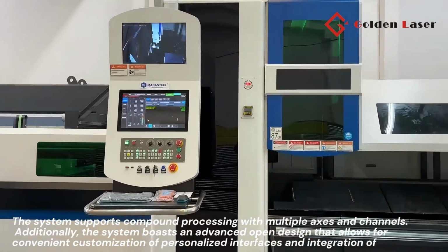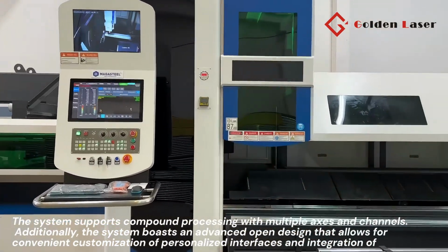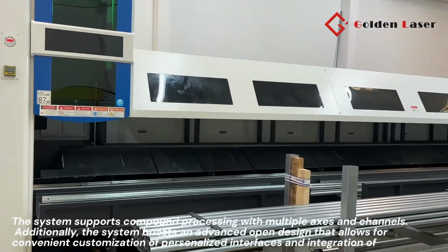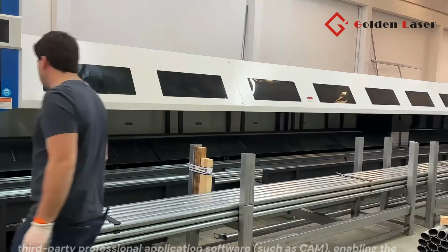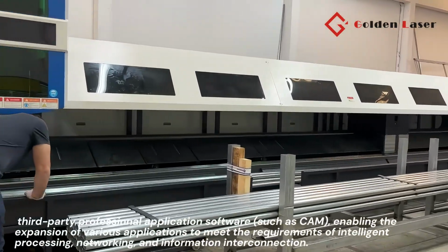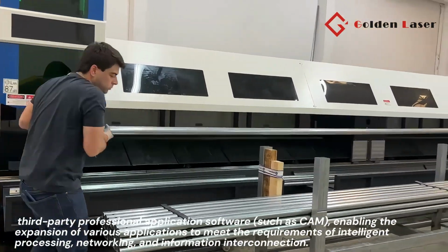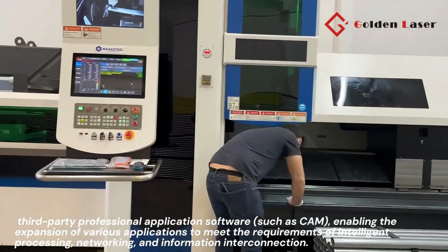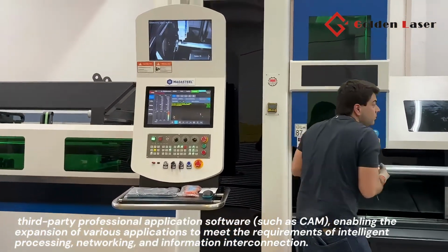Additionally, the system boasts an advanced open design that allows for convenient customization of personalized interfaces and integration of third-party professional application software such as PA, enabling the expansion of various applications to meet the requirements of intelligent processing, networking,